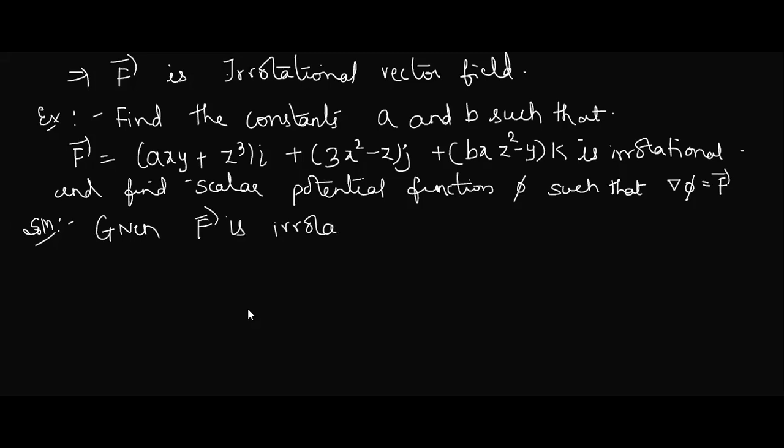If the function is irrotational, means curl is 0. Curl is 0 means that vector field is irrotational. Okay, let us use the concept. Given F bar is irrotational. What is the next implication? If any vector field is irrotational, its curl is 0 vector. So what is curl? Curl means del cross F, isn't it?